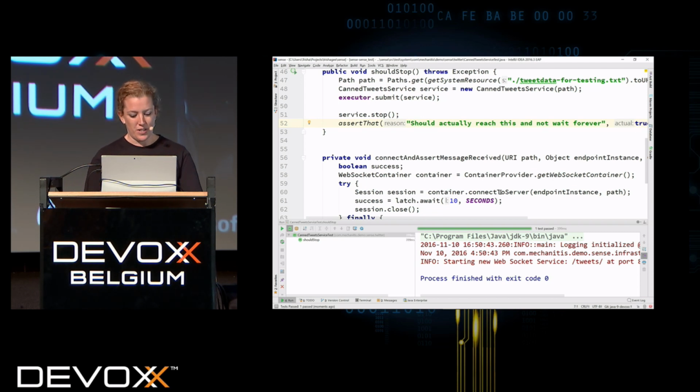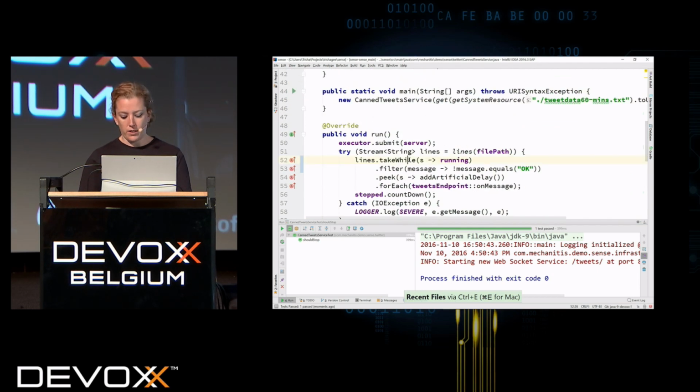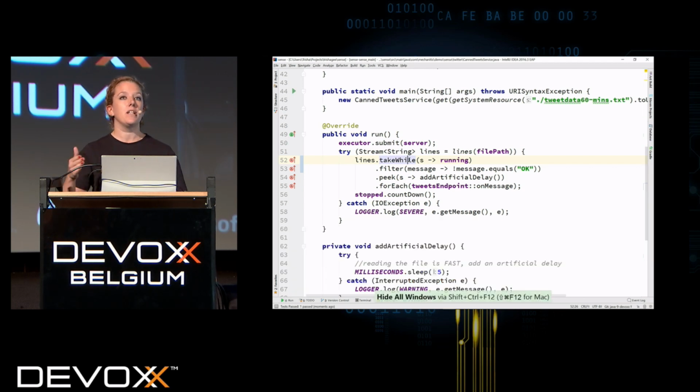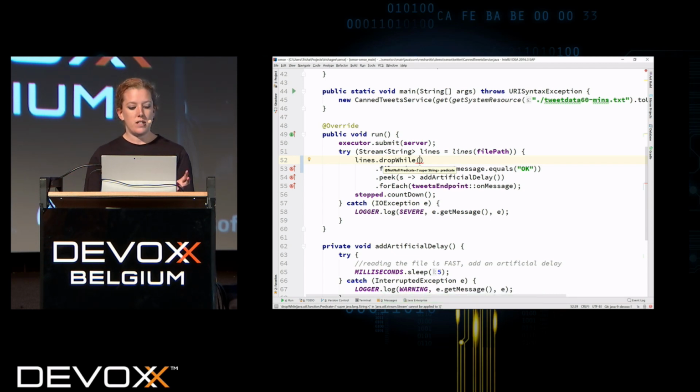It's surprising that was missed, but apparently that was one of the calls that was made. So you've got things like takeWhile, which basically keeps the stream running until a particular point. In this case, I'll keep reading the file while running is true. But I can also do the opposite. I can say dropWhile, and so I can ignore everything up until I reach a particular point. So there are some nice things on streams to allow you to more easily manage infinite streams.